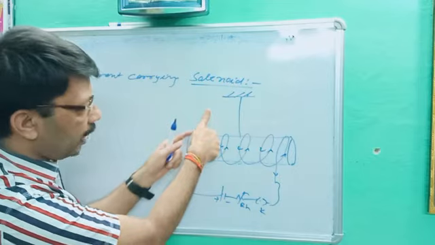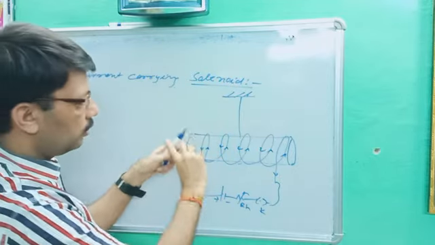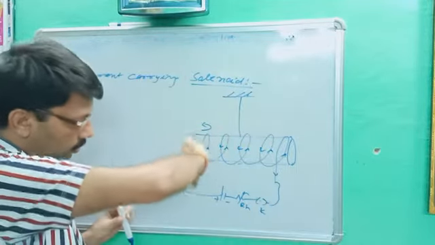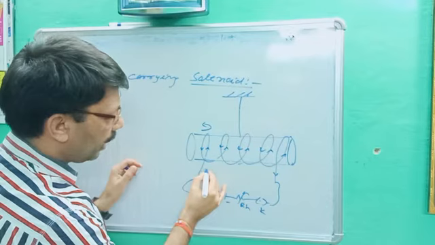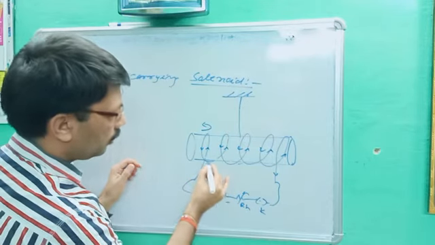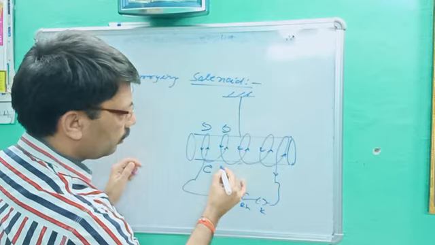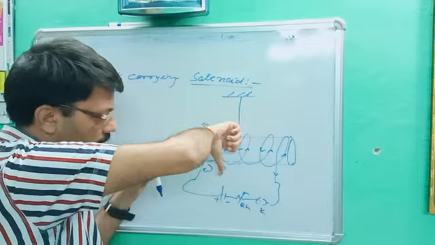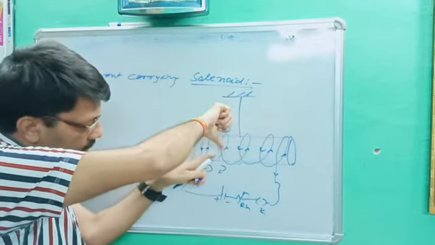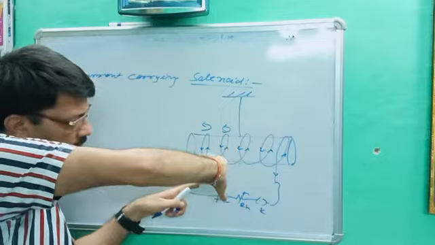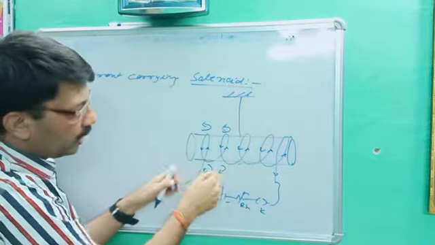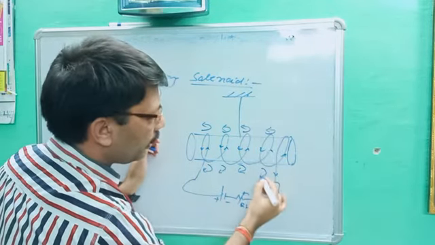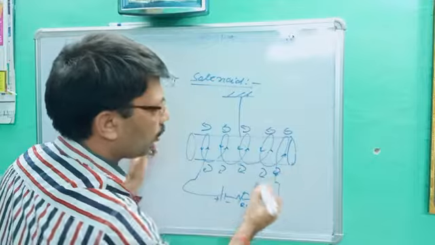Current is moving upward. Apply the thumb: it is anti-clockwise. The current is coming downward: clockwise. Every loop behaves this way. Again upward, anti-clockwise; here clockwise, because the current is coming downward, applying the right hand thumb rule. The downward thumb represents current, so this is clockwise. Again up, anti-clockwise, clockwise, anti-clockwise, clockwise. Are you getting the point?